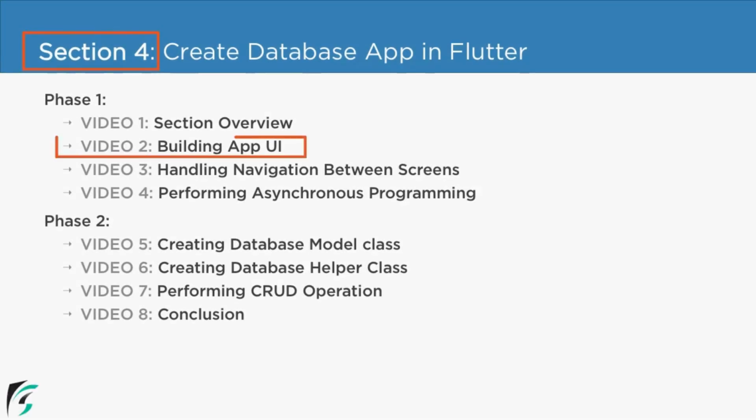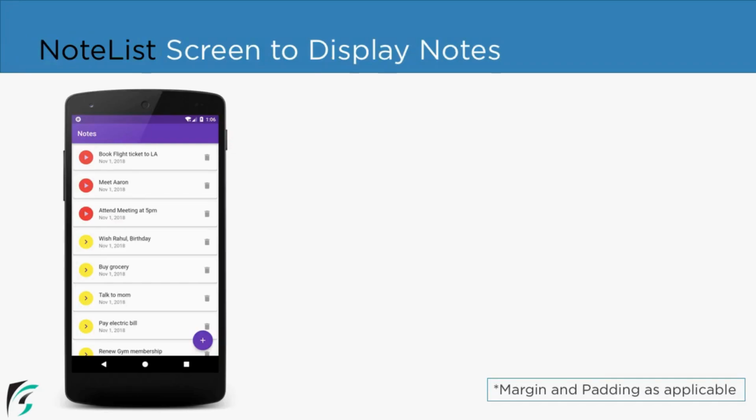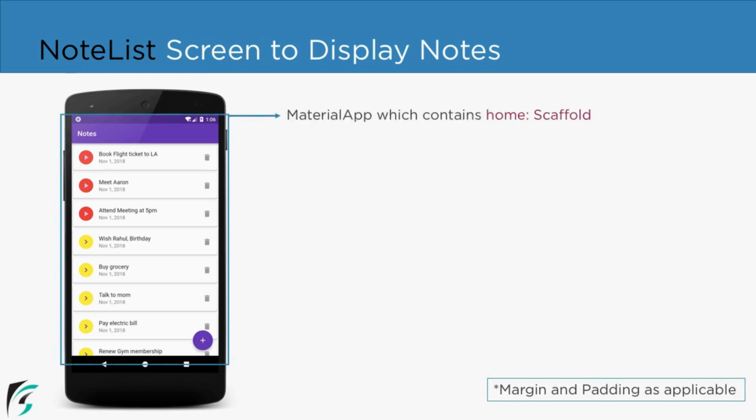Currently we are in section 4 and we are about to check out the second video of this section. In this section, we are going to design the two screens of our application. The first screen will be the note list screen. For the sake of simplicity, again we have to break it down into smaller pieces, such that the outermost widget